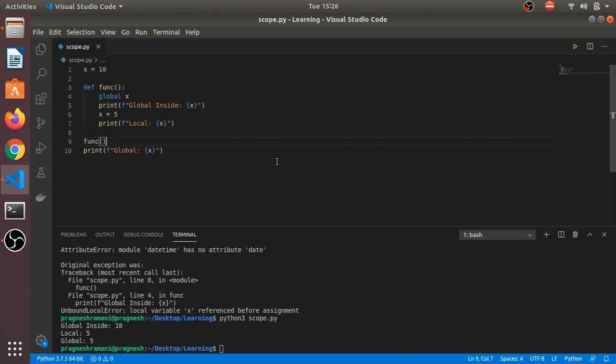Whenever we are creating the variable and changing the variable inside of a function, that is a local variable. And if we are defining the variable outside of the function, then that is a global variable.